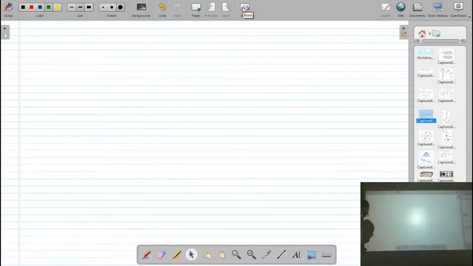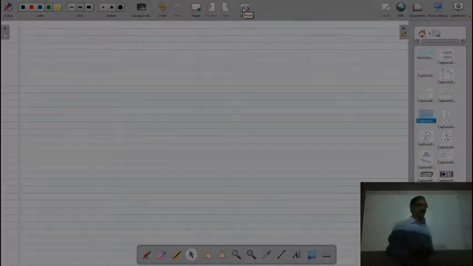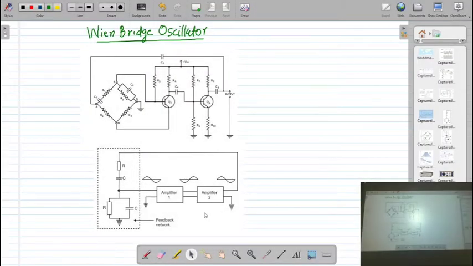Okay. So now let us see a practical Wien bridge oscillator circuit. Now try to understand the circuit diagram. So basically here what we require is the loop gain. The phase difference between your input signal and the feedback signal must be 0 degree. Now if you look at this circuit diagram, then here we have an amplifier circuit. This is the first stage of the amplifier. This is the second stage of the amplifier.